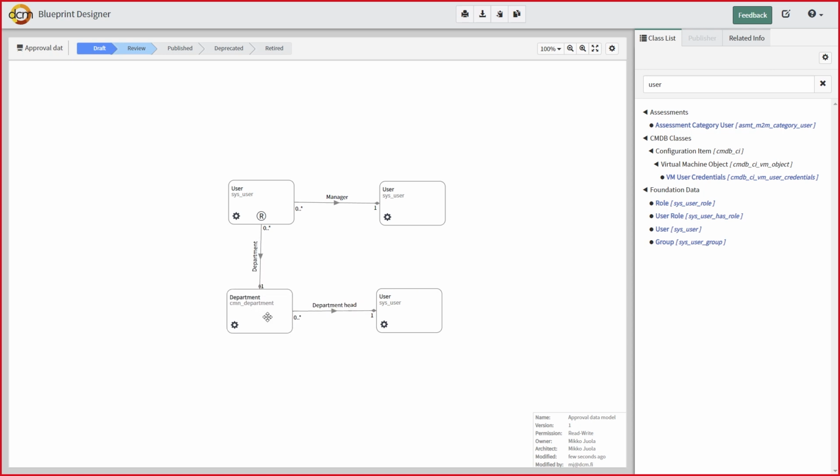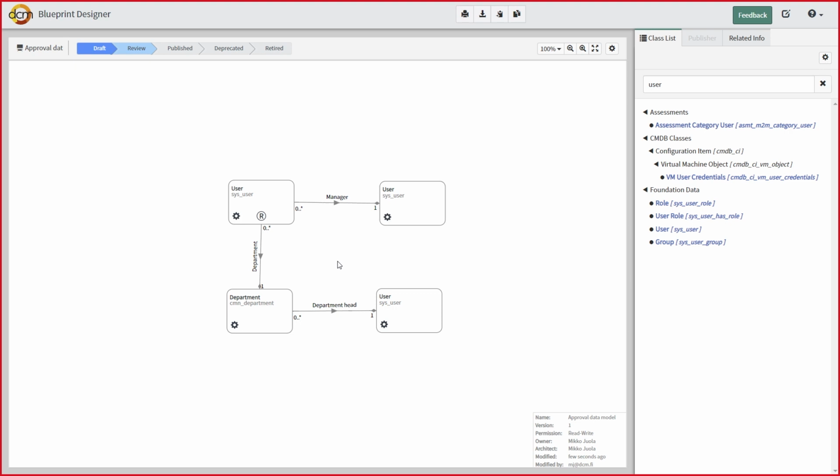So basically, you've now created a data model about the approval workflow, and you're basically just dragging and dropping things onto a canvas and drawing lines in between, and that defines your data model. Exactly. So there's no scripting or anything like that involved. No scripting or anything like that.